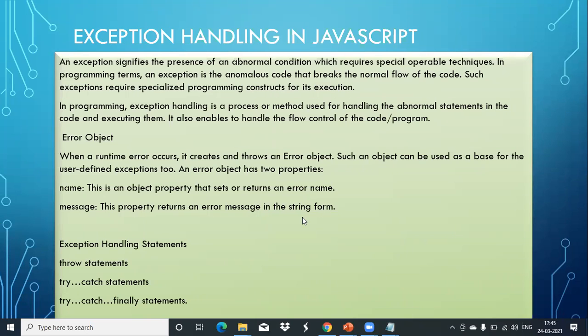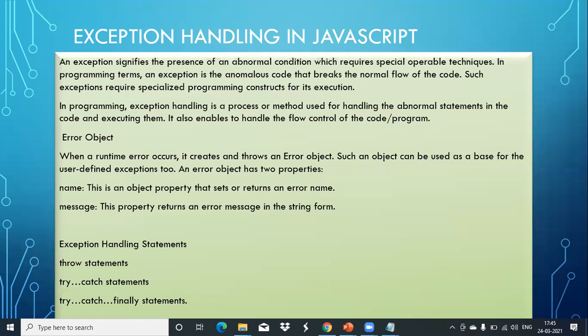Try and catch are blocks of statements. Try is a block of statements, and catch is also a block of statements. How to use try? The code where you expect an error, we keep inside the try block. While creating a web page, at a particular point you may think, okay, this might create an error in some situation. We don't know, but we think it may create an error.